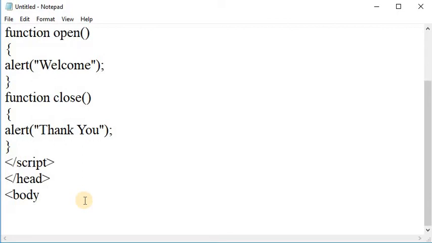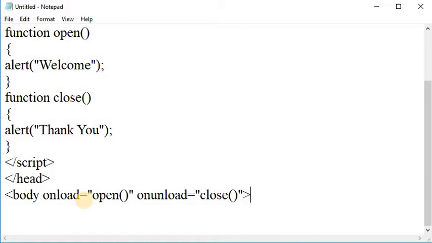In the body onload section, we can call the function open, like this, or in the onunload section we can call the close function. This way we can call them in a body section.